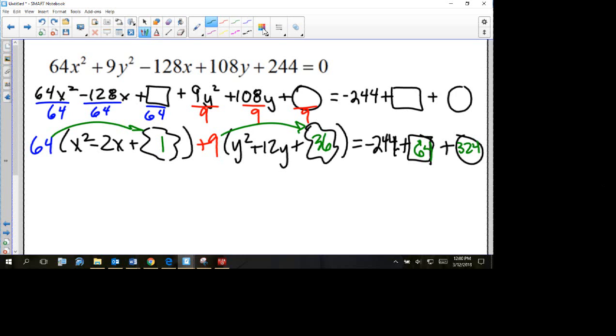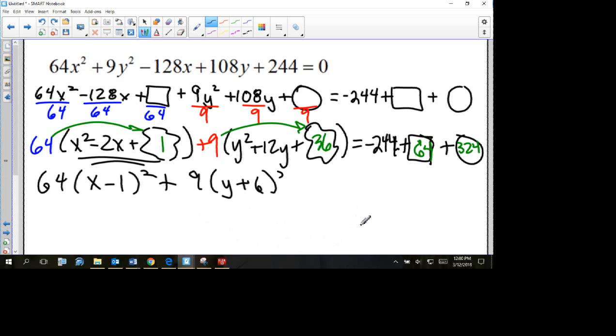So the reason why I had to add those numbers over there is because I added numbers in that weren't here before. So now we're going to factor. You're going to unmultiply this. 64, that is a perfect square. And we'll add together the stuff on the other side and you get 144. So at this point,